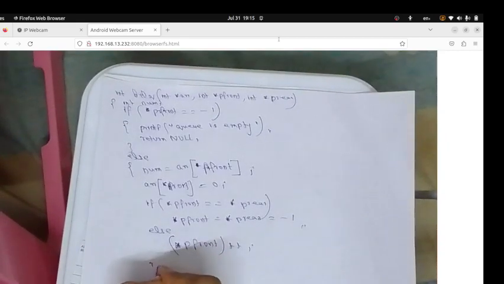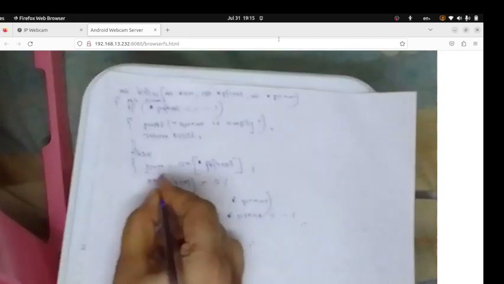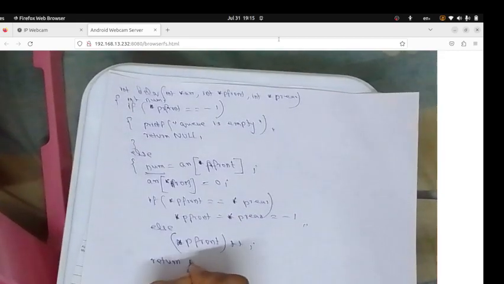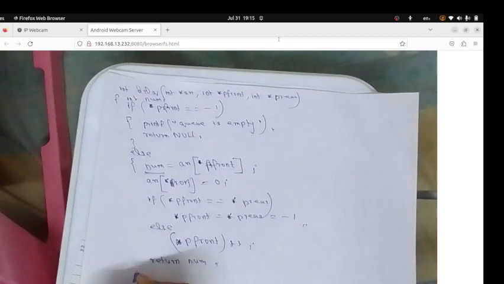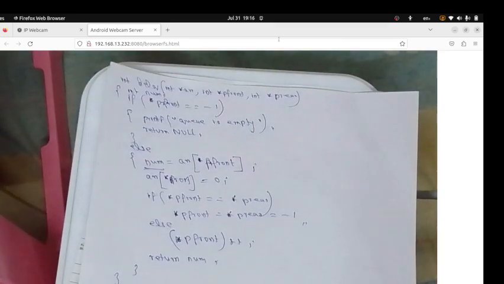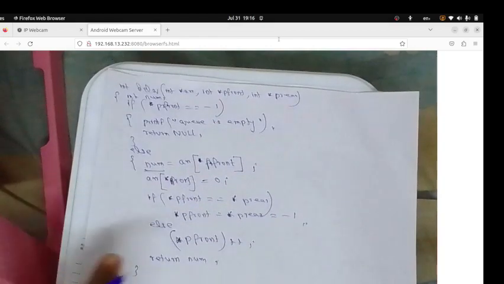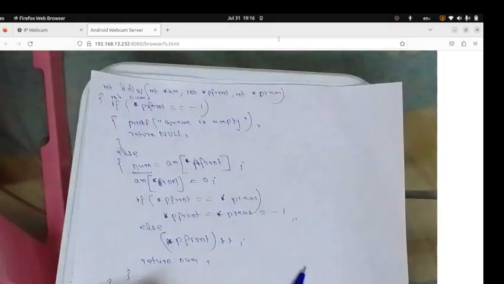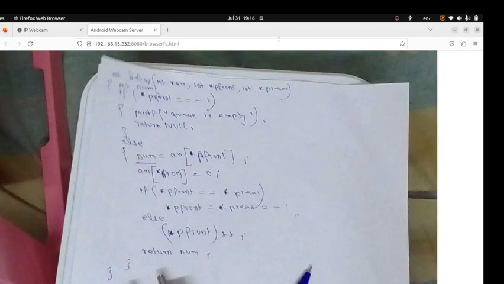And after this, we have to return the expected value, which is stored in variable num. So we will return num. So that is our function for the deletion operation. Now what we will do, we will implement this code, write this code on the machine. In my previous lectures, I have already discussed how to insert a node, so that part is there. Now I will add this part of